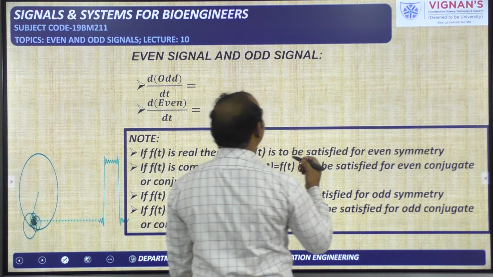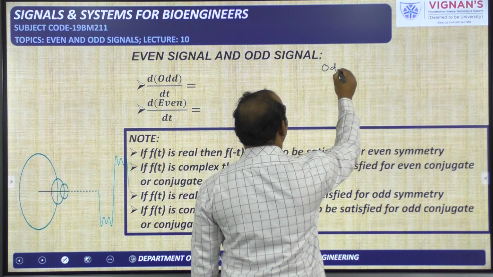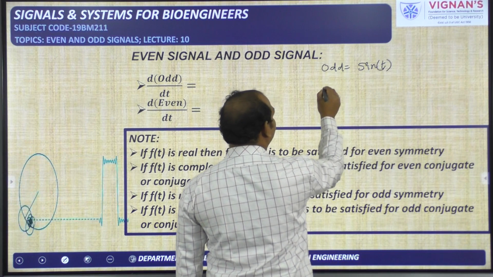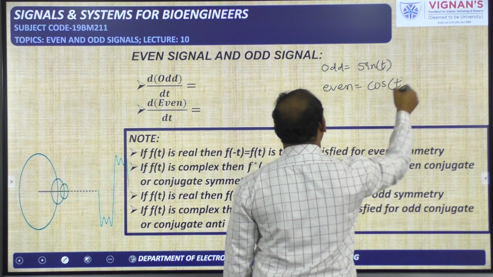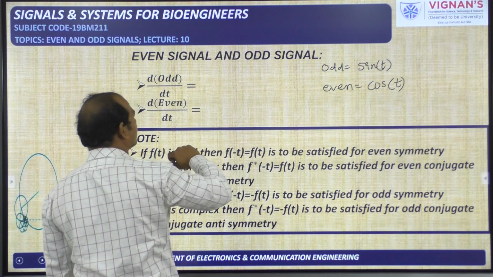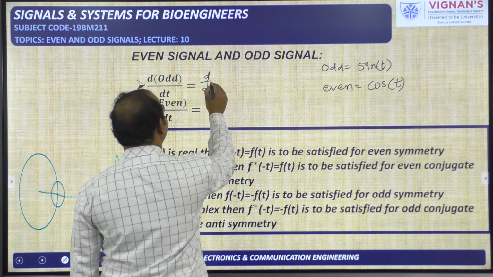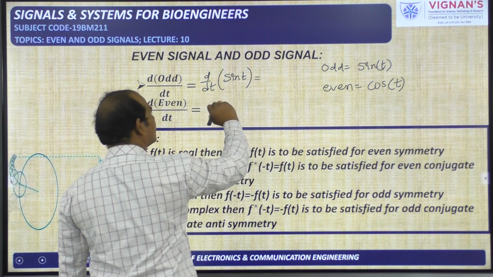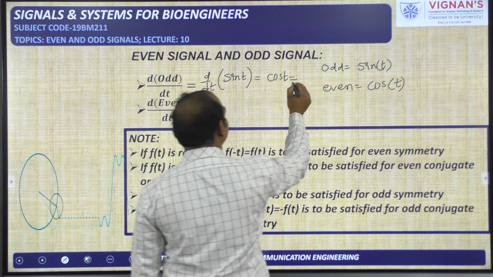We discussed this in our previous lecture. Whenever you want to deal with an odd signal, what example do we take? Sine. I told this in the previous class itself. And what is the example for the even signal? Cos, or cosine, we have to take. So just take these examples, perform the derivative and see the result, and then generalize it. So d by dt of odd is sin t. What is the derivative of sin t? Cos t. That means cos is even, so the result is even.